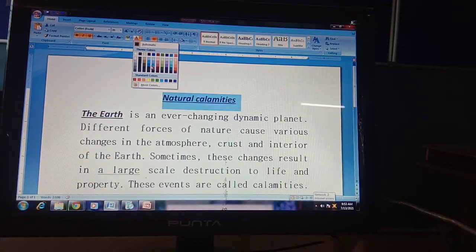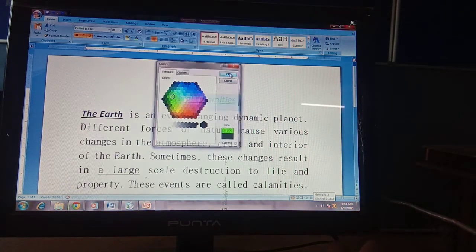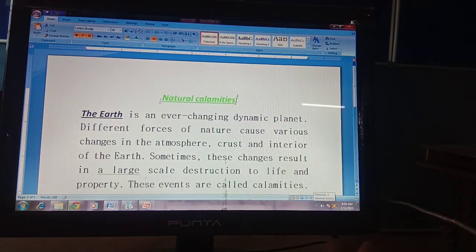Okay, if you don't like the colors from here, you can click on the more color option and you can choose the color from here also. So many colors are available here. You can choose appropriate color. For example, just I made it in a green color, natural calamities.